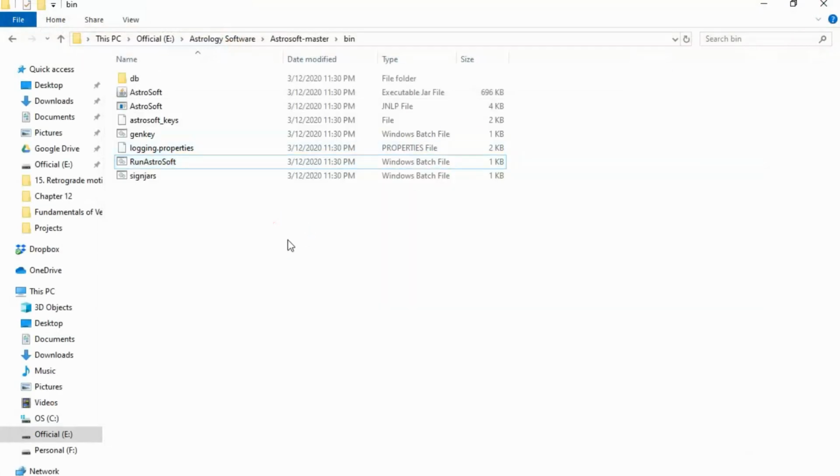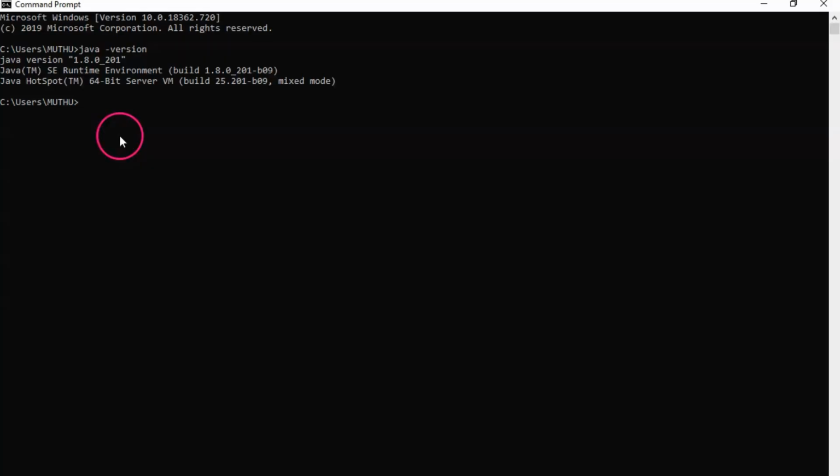In case you are not using Windows and are using another OS, then I will tell you how to run this application using command prompt. Now this software is available in the E drive in my system. So I will go to E drive, E:. In that I have copied this software in the astrology software folder. So change directory cd astrology software. Now I am in this folder.